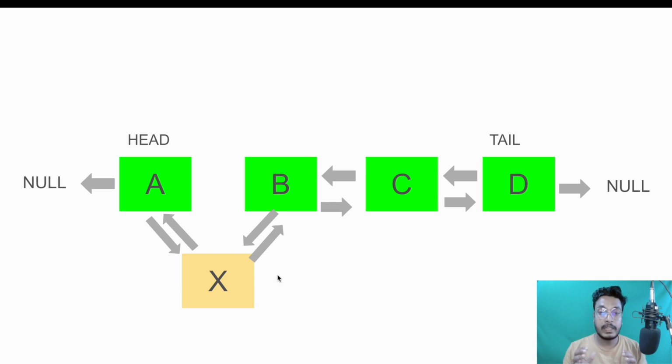I hope with the help of this presentation you have understood how it is going to work internally. So this is how we insert a node in the middle of the linked list. In this case, at position 1 we have inserted a new node, and this is how we have established the connections. If we have to insert a node at the beginning, we can simply use the unshift method,